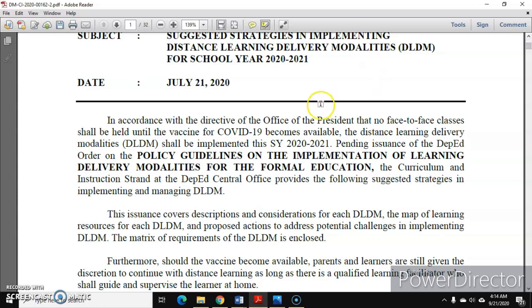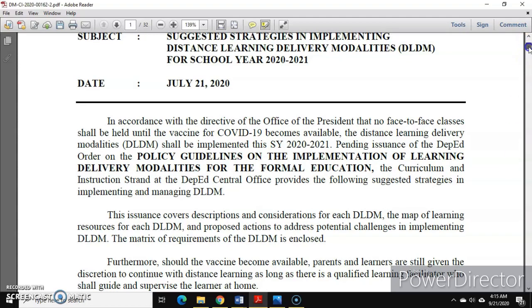So in accordance with the directive of the Office of the President that no face-to-face classes shall be held until the vaccine for COVID-19 becomes available, the distance learning delivery modalities or DLDM shall be implemented this school year 2020-2021. So pending issuance of the DepEd order on the policy guidelines on the implementation of learning delivery modalities for the formal education, the curriculum and instruction strand at the DepEd Central Office provides the following suggested strategies in implementing and managing DLDM. So tingnan natin yung Appendix D